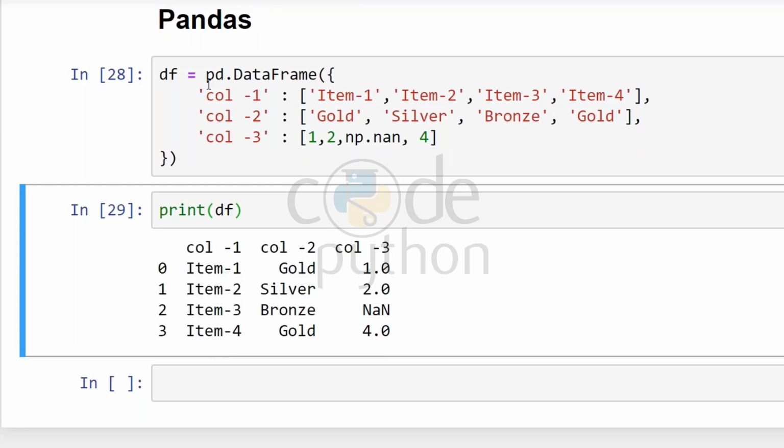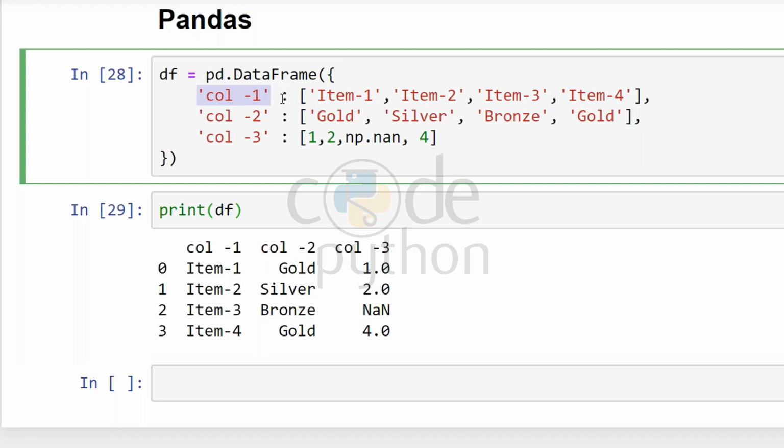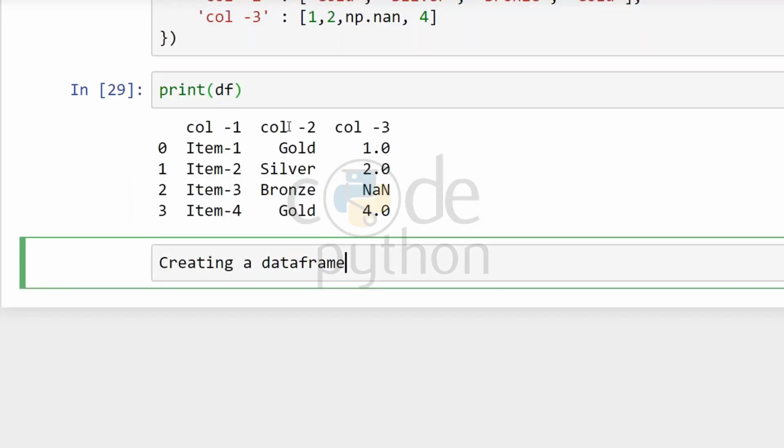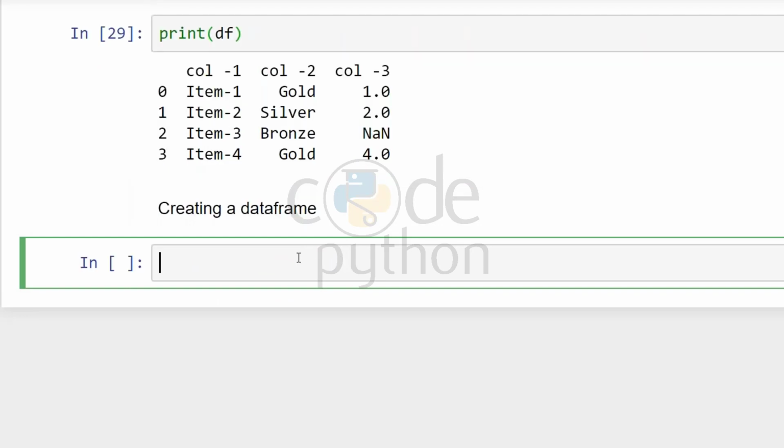How to define a DataFrame? You will write pd, that is pandas, dot DataFrame, with a capital D and F, round brackets, curly brackets, key, colon, then the elements of that key in a list. Key, colon, then the list of elements. Again, similar, and separated by commas. Okay, creating a DataFrame, and let's take data.